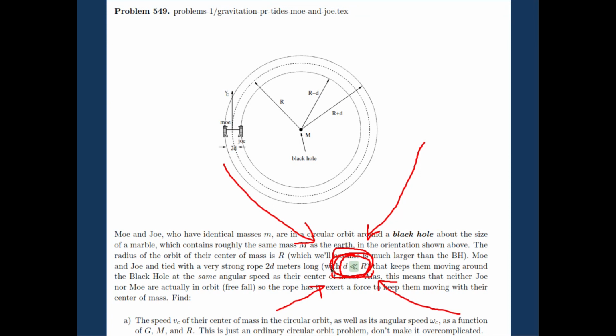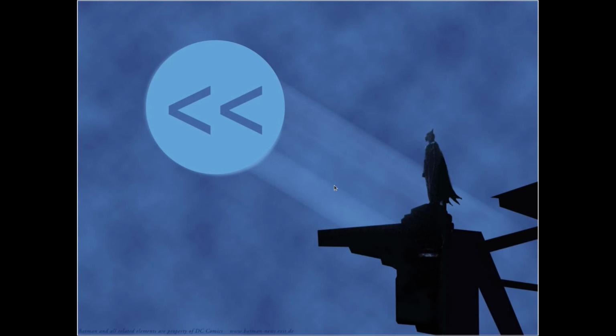Anytime you get a physics problem and you see this symbol right here, the much, much greater than or much, much less than symbol, almost always, like 99% of the time, that means you've got to do something with a Taylor series. That means you're making some kind of approximation. You're assuming that the variable you're expanding with respect to is small so that as you include higher and higher powers, they become insignificant. So if ever you see the much, much greater than or much, much less than symbol, think of that as a giant Batman symbol in the sky calling out to you, telling you to do the